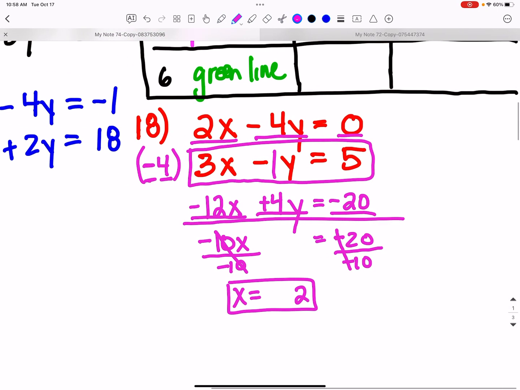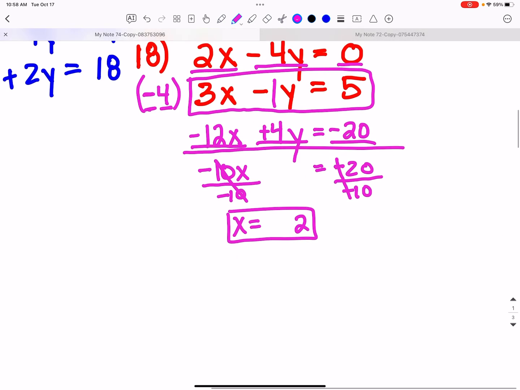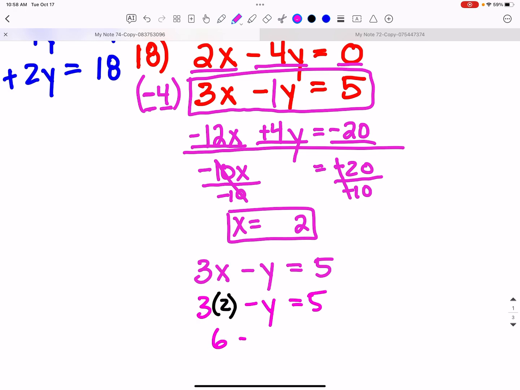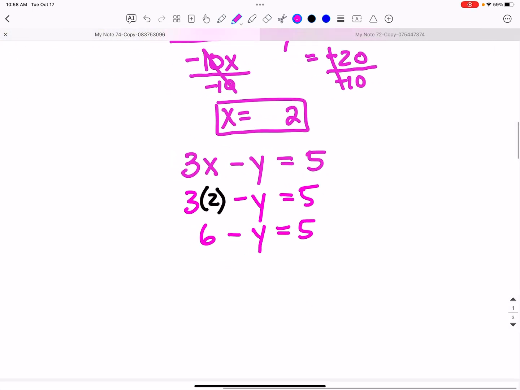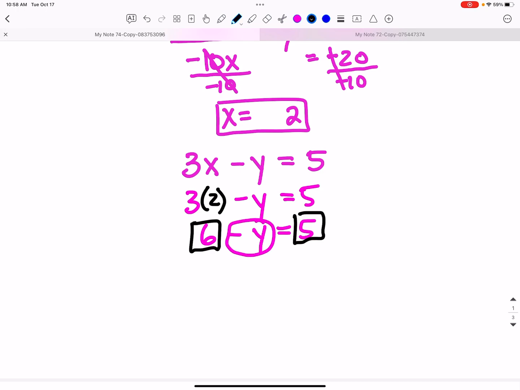Now I look for my easiest equation, maybe 3x's minus y equals 5, but x's are 2's, so x's are 2's. So 3 2's minus y equals 5. 6 minus y equals 5. Hopefully you can say it's 6 minus 1 equals 5, but if you don't, here's this one, here's this one, here's this guy. Okay, so we're going to minus the 6,